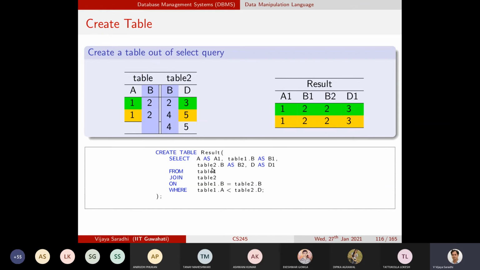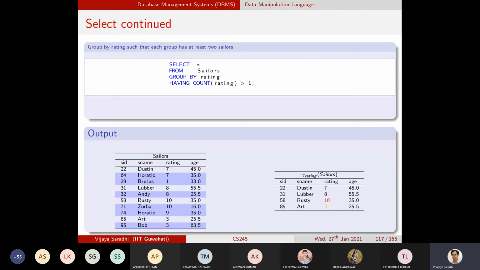That is how, for the first time, you try to include one query inside another query. Create table is a statement, and within that statement you are including one more statement. Very simple, but yet effective. Once again, it seems merely syntactic, but we will see its utilities as we go along.